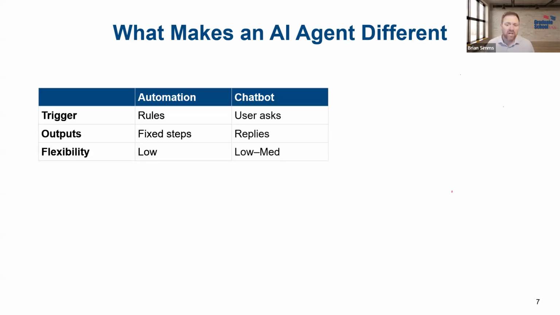Also, think about chatbots, right? A lot of government websites, especially at state and local levels, have these chatbots. They're designed for conversation. They answer questions, guide users through simple procedures. That's fantastic. But they're reactive, right? They respond only when asked. And AI agents are more capable than that. They're more proactive. An AI agent, certainly you can converse with an AI agent, but its real power is that autonomy that we were talking about earlier, that chaining together of multiple actions, that multi-step stuff that chatbots just simply couldn't do.